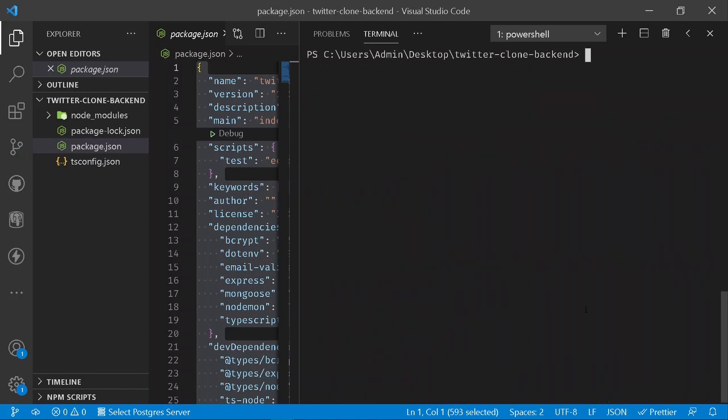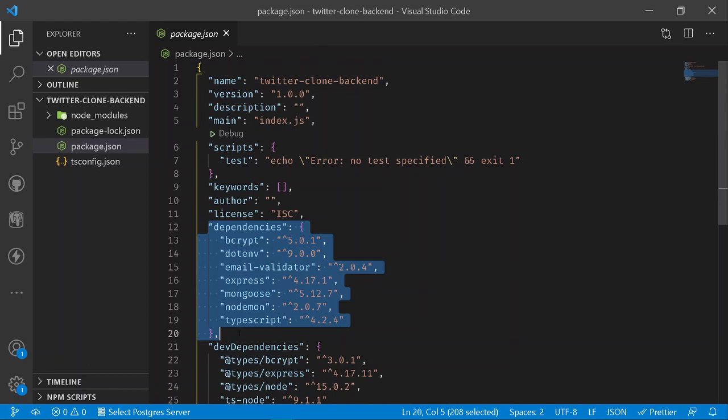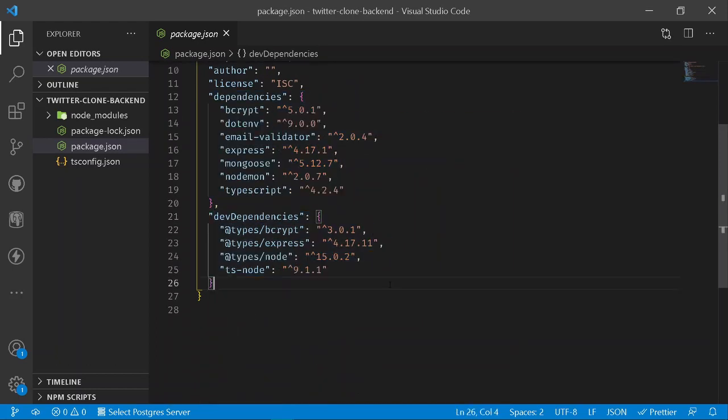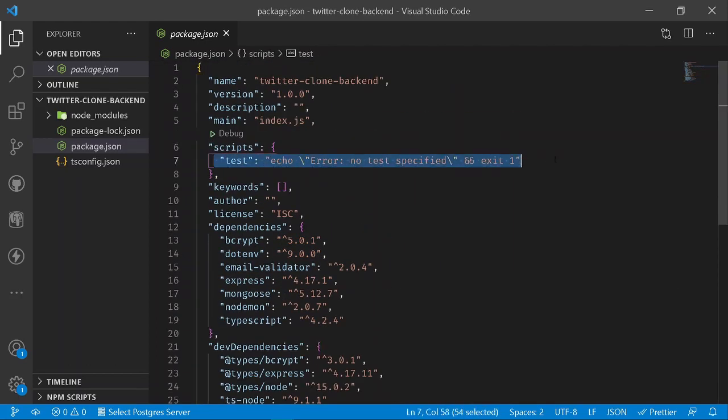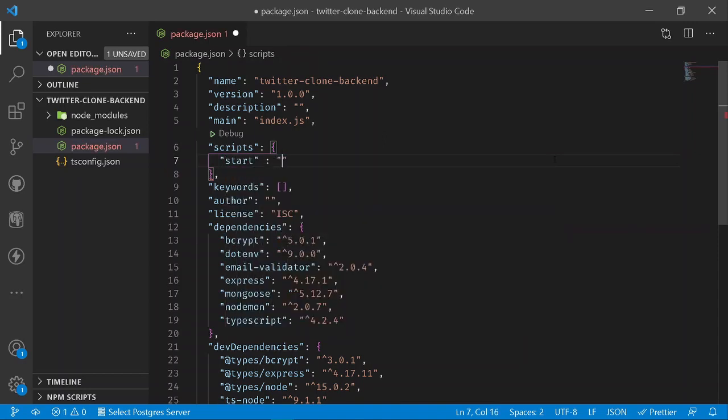Cool, so let's clear it out and we don't need this. Now under our package.json file, you can see we have got all of our dependencies and also developer dependencies. Now we should be writing some of the important scripts. First of all, you should be requiring a script for starting a server. So here I should be writing node public